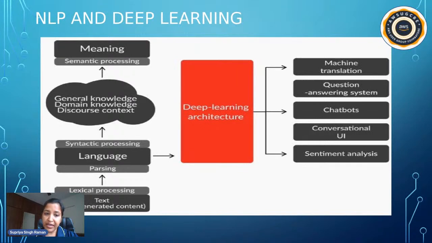The second stage was syntactic processing, where we understand a little more than just the tokens or the words of the text. So we try to understand the language of the text. And when I say language, we generally refer to the part of speech, like whether it's a noun or a verb, or whether it's subject or predicate, and considering all those together, we try to process the text further. And the last stage was semantic processing, where it actually means that when a text has been given